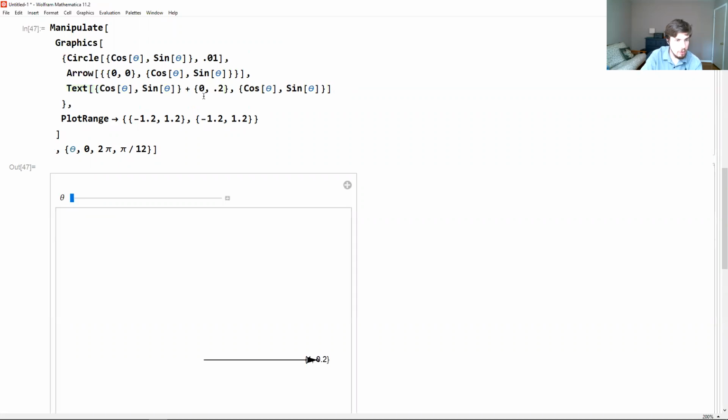0.2. Oh, change the text, not the location. There you go. Well,